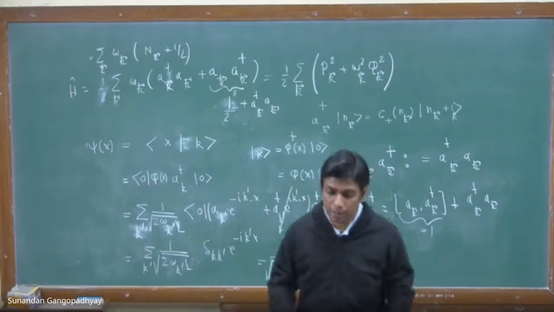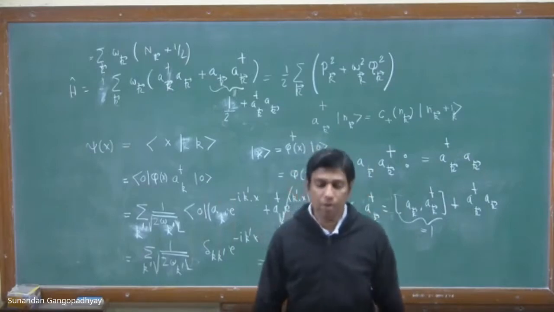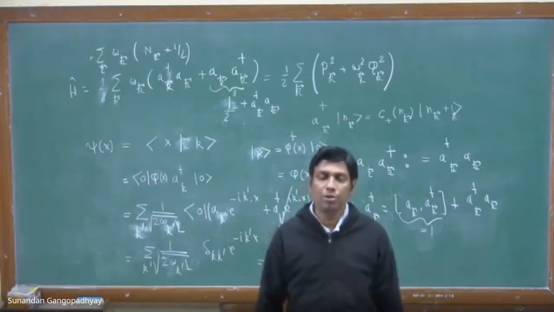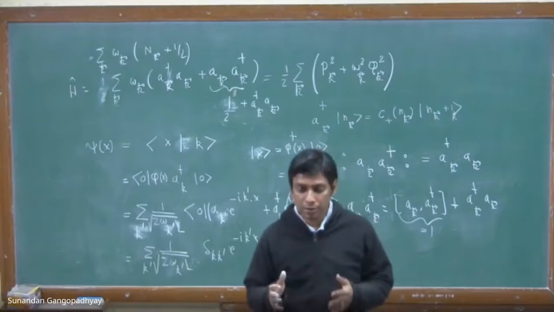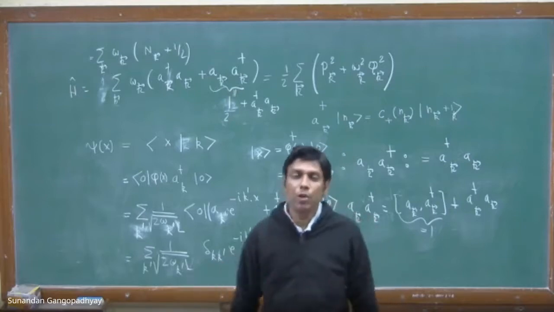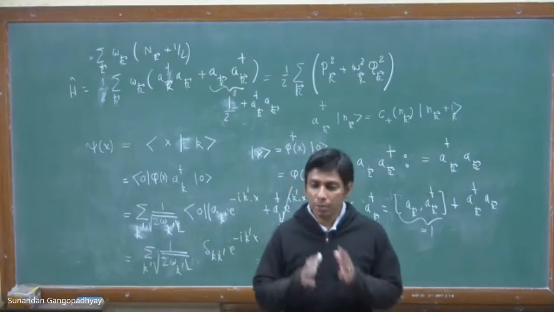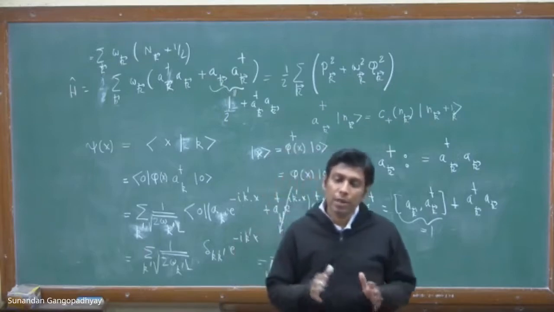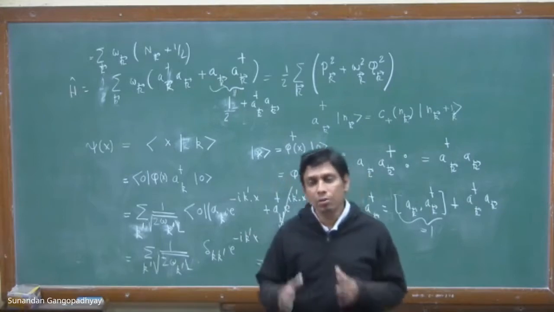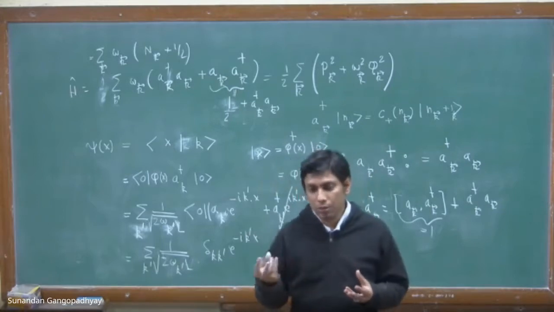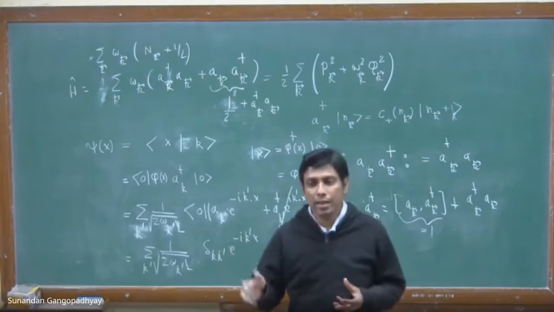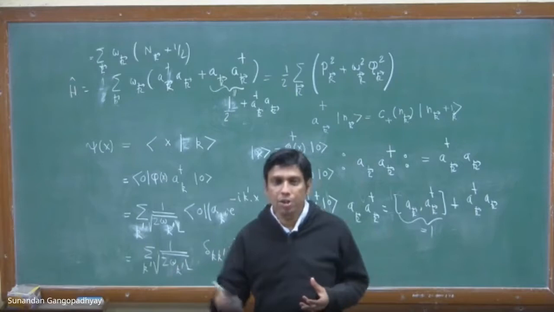relativistic quantum field theory. We have learned how to quantize the theory. In order to quantize, we have this equal time commutation relation. Then we have made a mode expansion of this field operator in terms of the normal modes of the Klein-Gordon equation. And then you can take inverse Fourier transforms, and then you have the interpretation of these operators A_k and A_k dagger in the Fourier space as annihilation and creation operators.